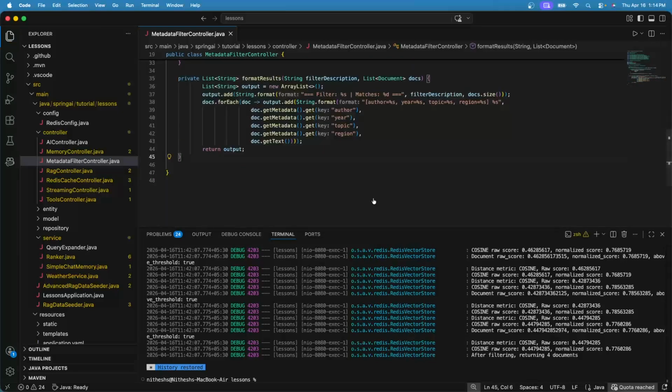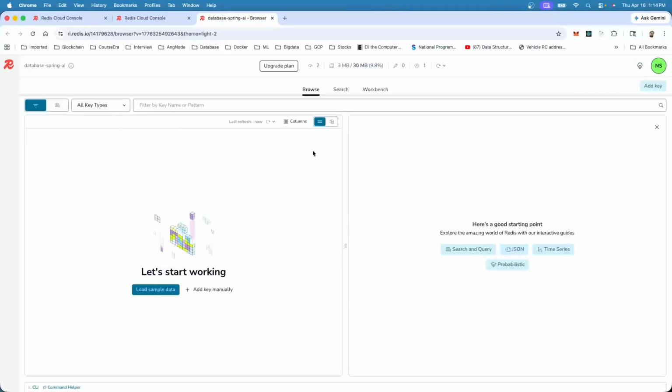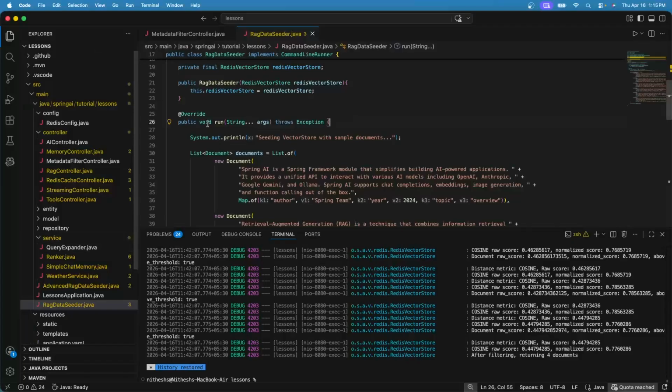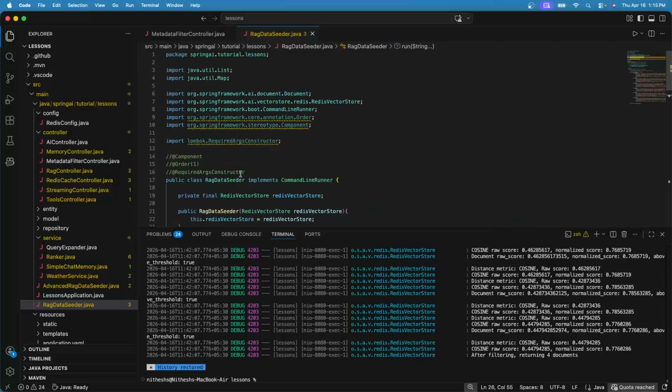Let me navigate to the Redis store. We don't have any data here. If you remember, in previous lessons we defined this data seeder class which runs every time we start up the application. I don't want this to load documents to the Redis store every time we start up the application.